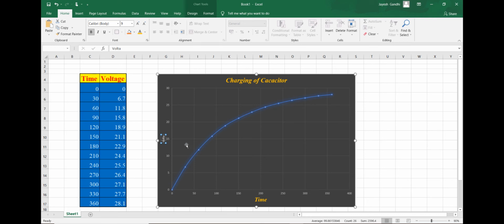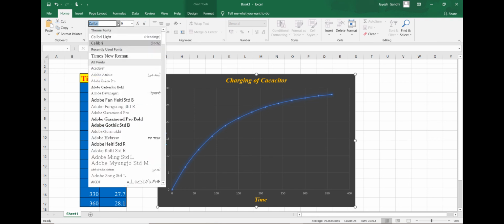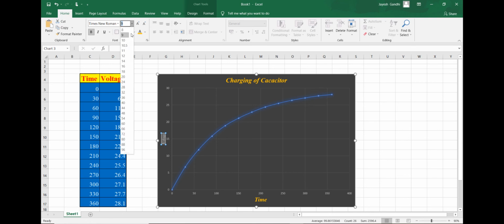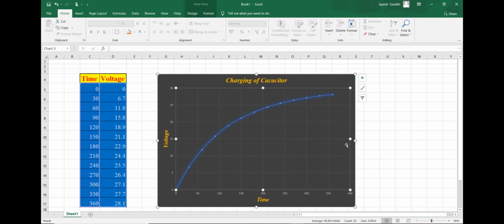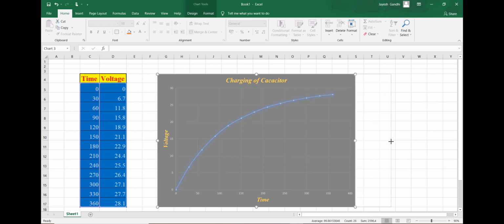Let me first select it. Select the whole text, convert it to what you want. Color the font, and I think we are done with the graph.